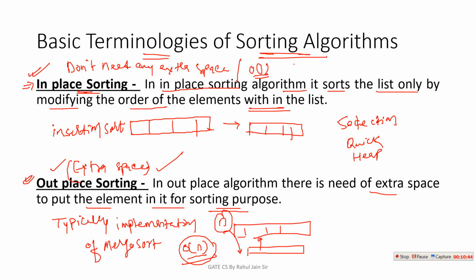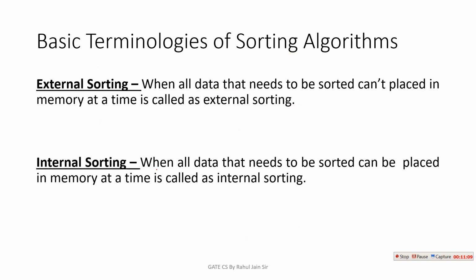Constant space means one space, two space, three space, like that. So for variables i, j, k, only three spaces are required, which is called order of one. I hope these are the basics of algorithms, so you know all about this. So if constant space or no space is required, it is in place. Or if order of n space is generally required because n elements are there, then it is called an out place sorting algorithm. Okay, some more terminologies are here.